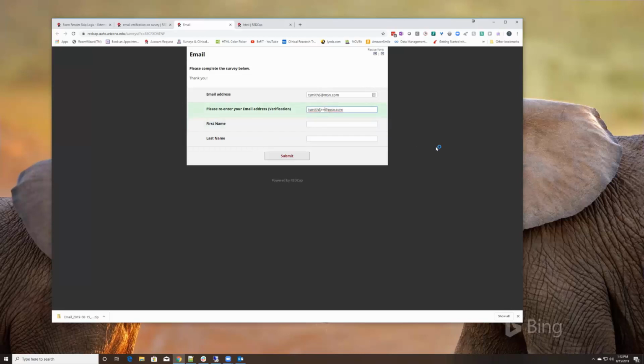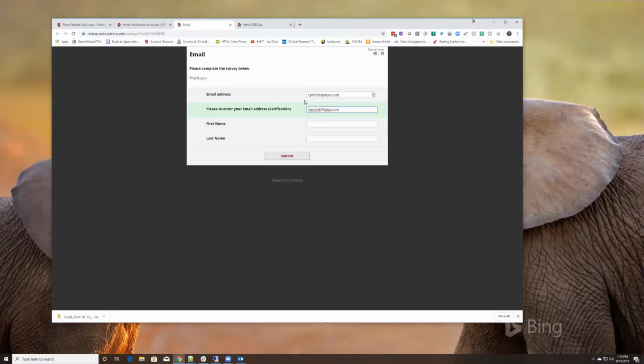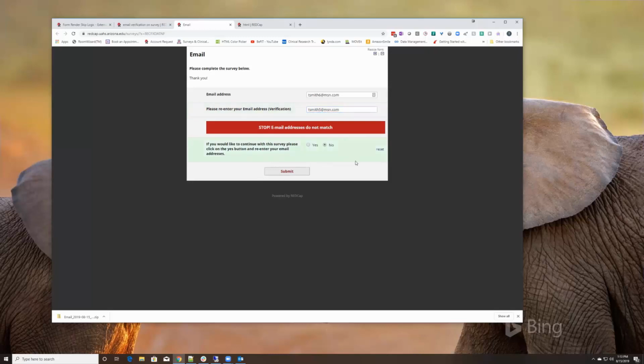If they are not the same, you'll get a pop-up that says email addresses don't match. And if you would like to continue with the survey, you have a choice here of saying yes or no. So if you click on yes, then you can come back in here and then continue. If you decide you don't want to, and you click on no,